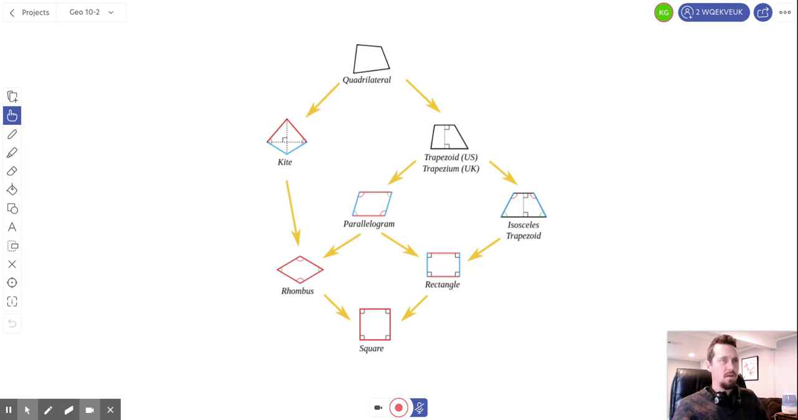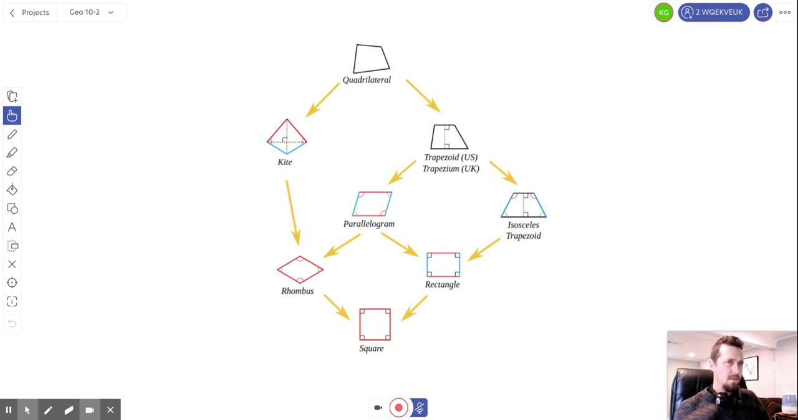Let's talk a little bit about trapezoids and kites and rhombuses and how they kind of fit in with other quadrilaterals. So up at the top here we have a quadrilateral. It is any four-sided shape. Quad means four, lateral means sides, four sides, it's quadrilateral. And then we have all kinds of different classifications of quadrilateral, and